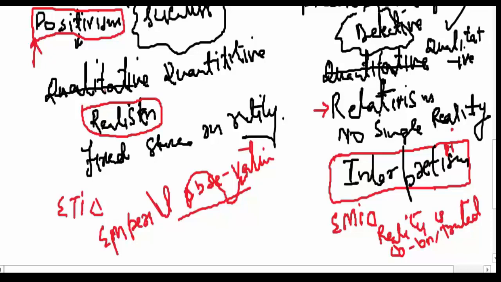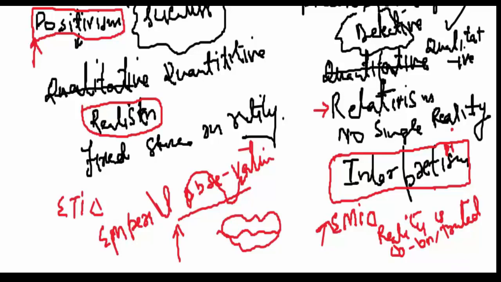That's why it's very important when we talk about research and PhDs. You have to figure out where you stand. Are you here or are you here? Or sometimes you may lie in between. That is actually the best thing to do. It was Immanuel Kant who said there should be a middle way of doing research, between positivism and phenomenology, or between realism and relativism. We may talk about that in detail later.